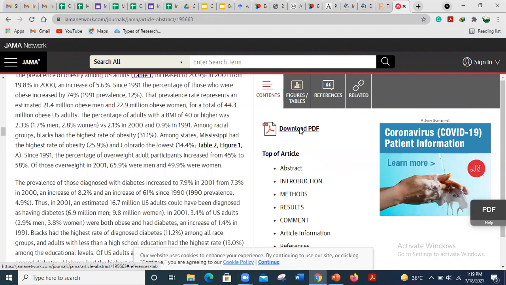And you can download this paper by going here, download PDF, and we will discuss different other tricks for how we can download a research paper too. All right, so in this way you can search your research paper on Google Scholar.